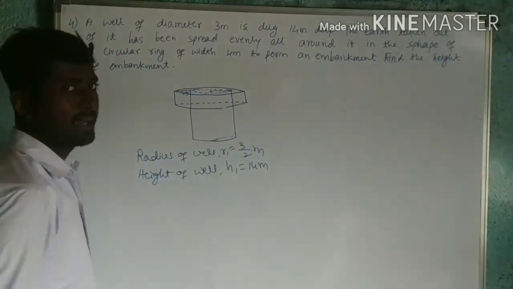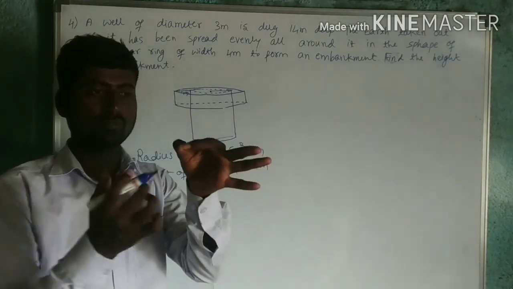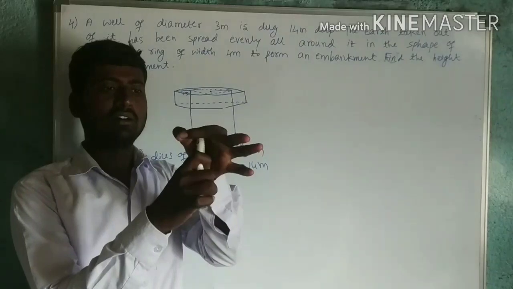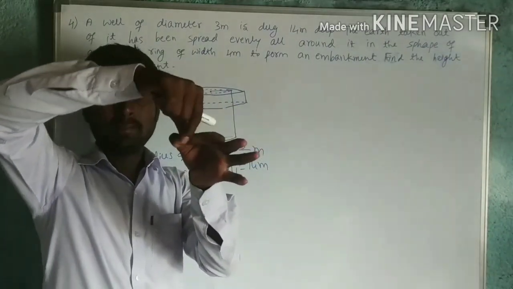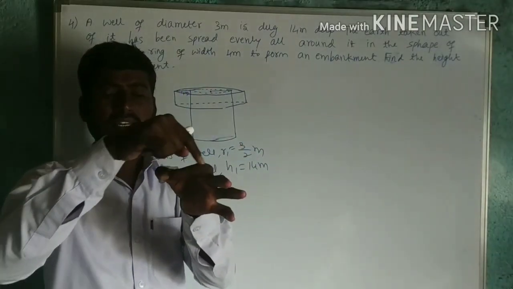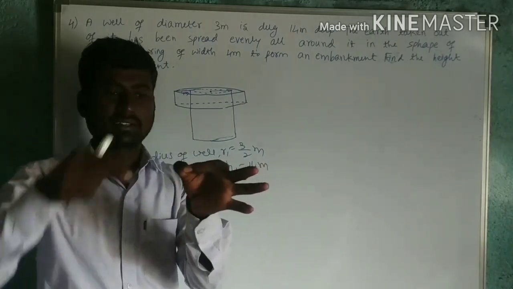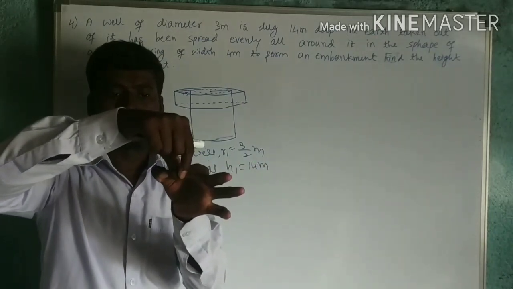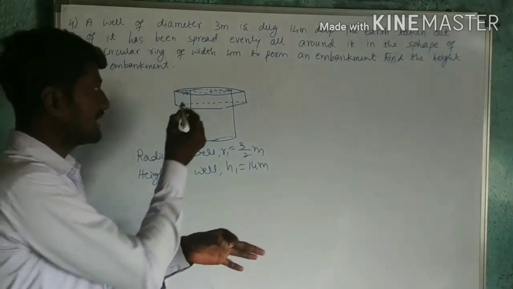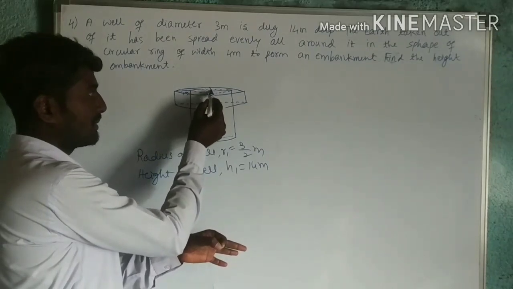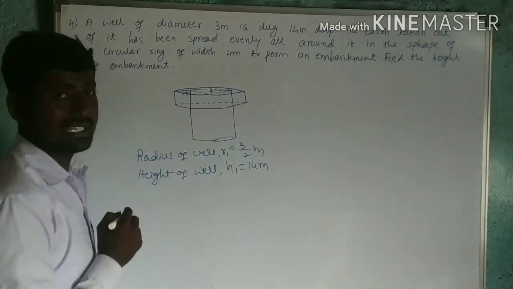Next I will come for embankment. Now here embankment was in the shape of cylinder. So let us assume that this has a gap. It is a well, and this is the embankment, which is circular. That circular ring was in the shape of a cylinder. So here the width is given. I want the radius of this. So radius from ear to ear, this radius and this radius both are same. That is 3 by 2.